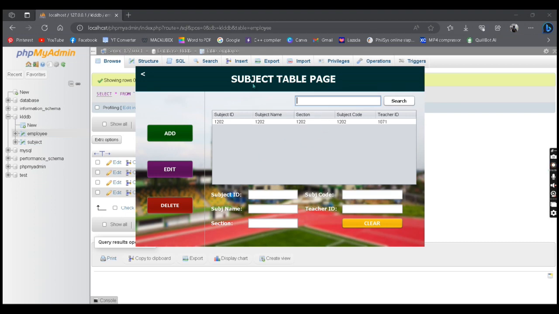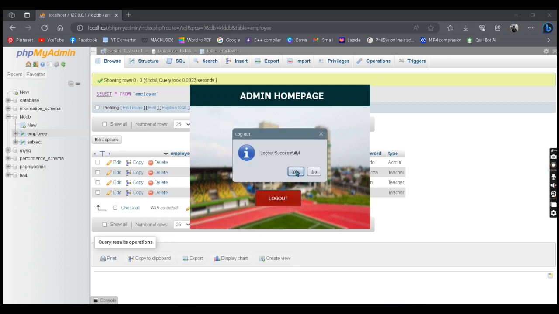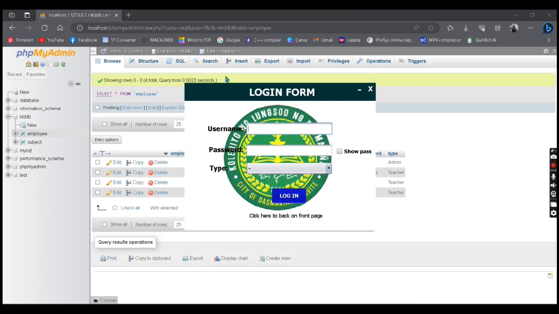As you can see here in the subject table page, you can see the add, edit, and delete buttons for the subject ID, subject name, section, subject code, and teacher ID. And we also have clear functions here. And let's try to log out this one. So that's it, and we will be directed back to the